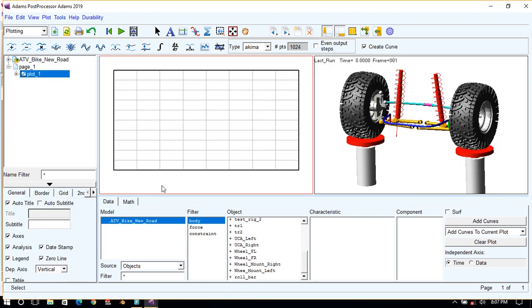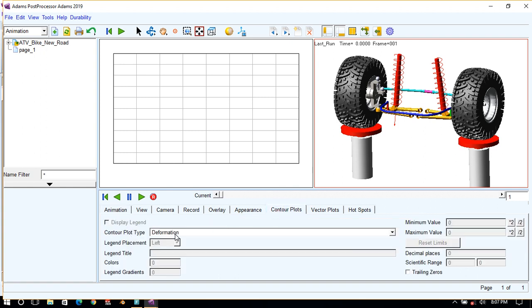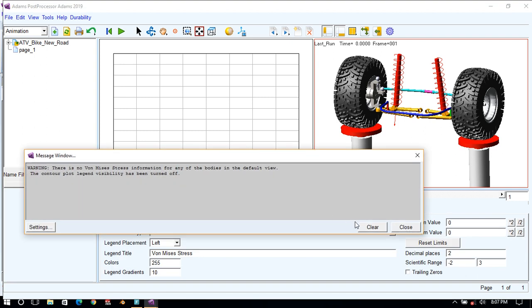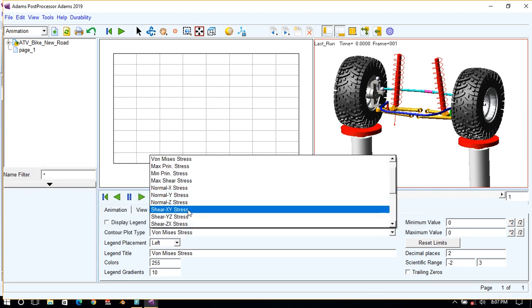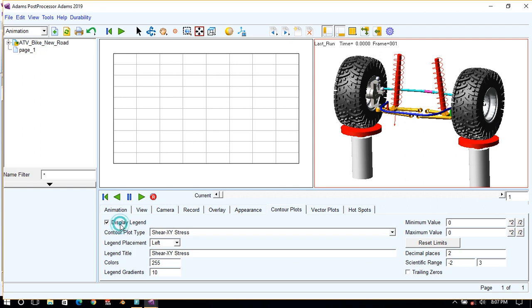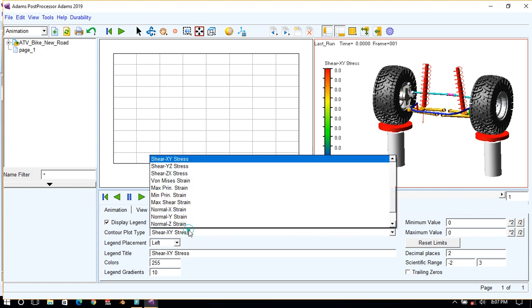Here, contour plots. So 1 minus stress, it won't show any 1 minus stress. There was a shear, I think, display legend. So it is not showing because this is an issue of the version of Adams.